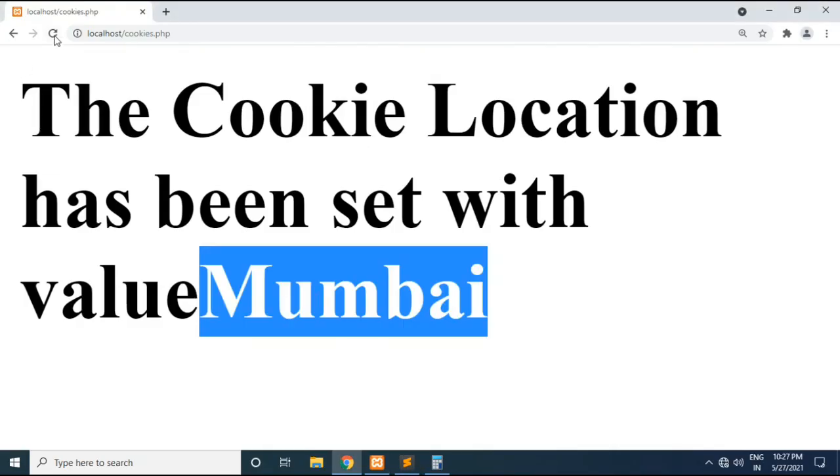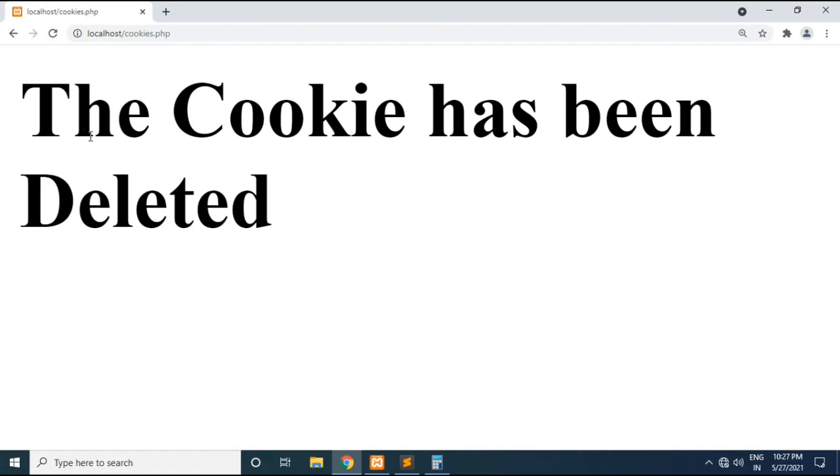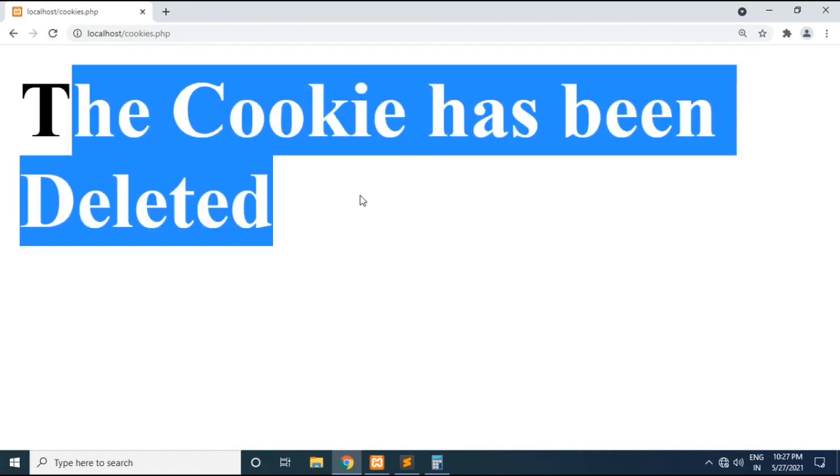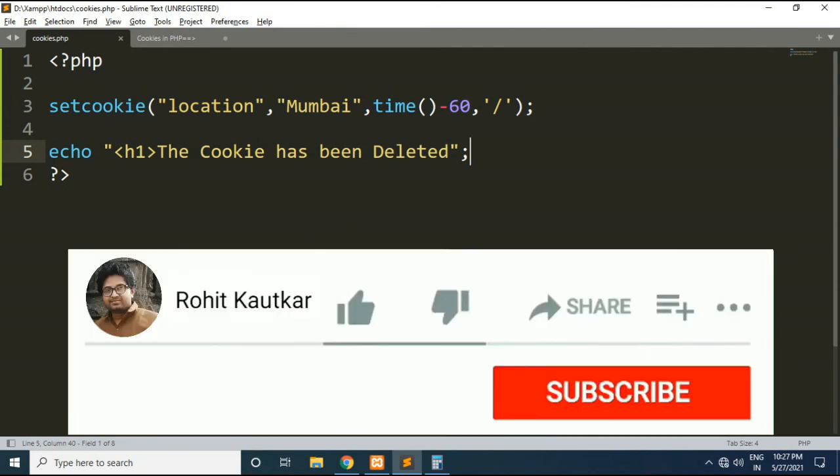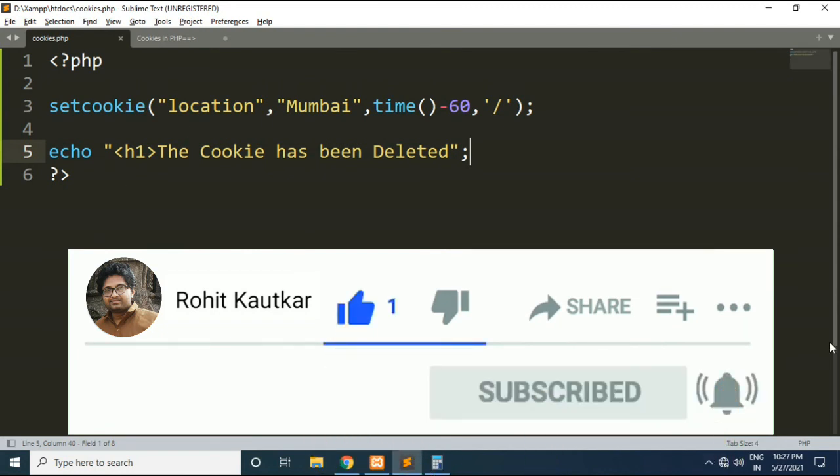Okay, now if you go to the browser, you can see here we got the message the cookie has been deleted, like this. This is how we can create a cookie, modify a cookie, and delete a cookie within PHP.